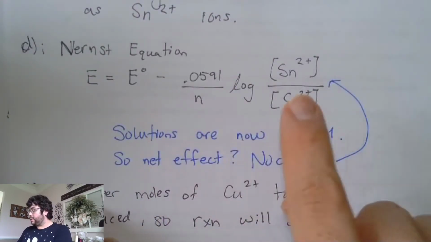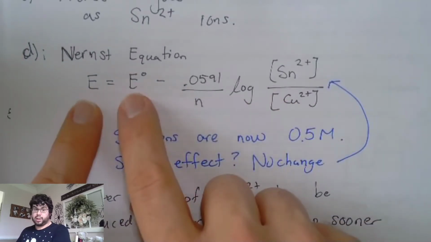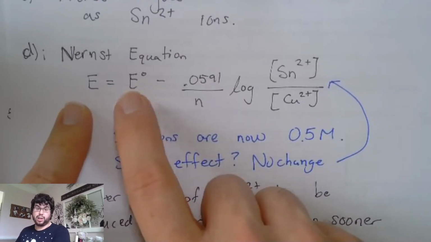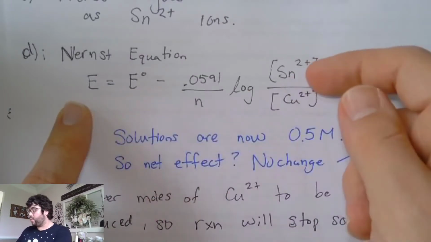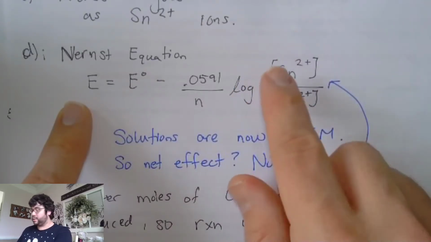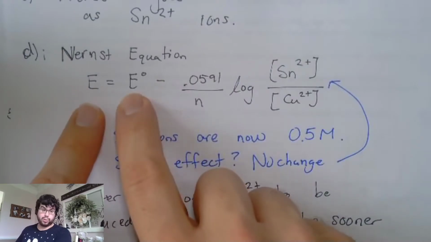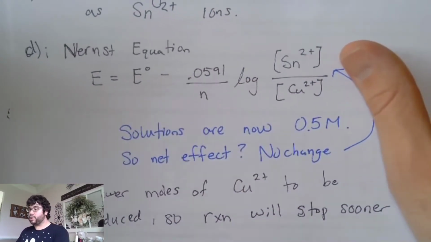So Q has no effect on the overall cell potential. The new cell potential is going to be equal to the standard cell potential. We have 1 over here. The log of 1 is 0. So this whole part of the equation goes away. And therefore, these two things are equal to each other. Now the next question